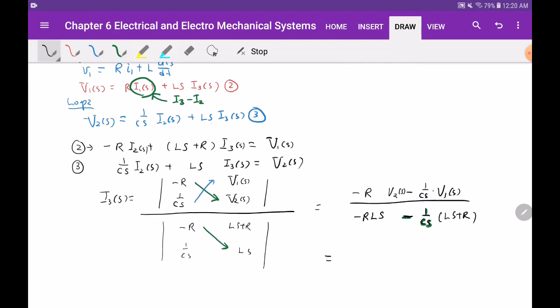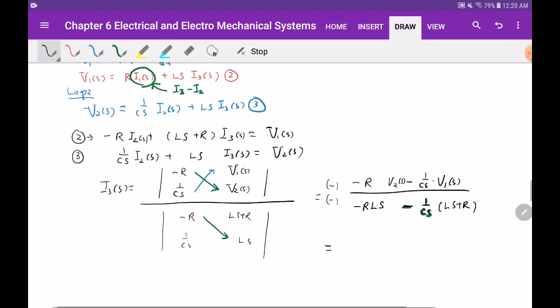So now you can't leave it like this, you have to simplify. Since everything is negative, can I just multiply everything by negative? Yeah, multiply the top by negative, bottom by negative, and that way it all becomes positive. Not only that, I'm going to multiply the top and bottom by